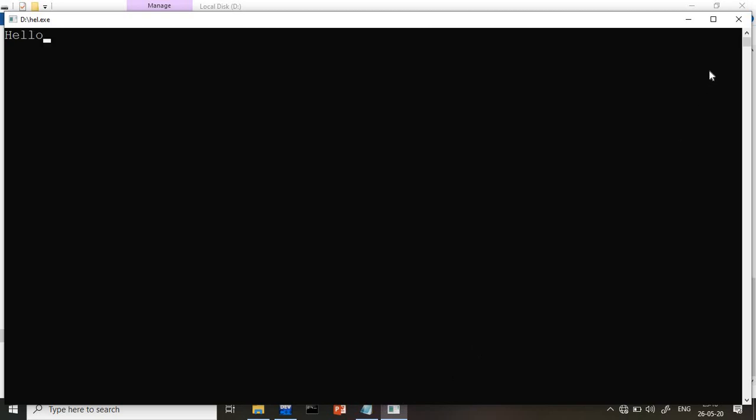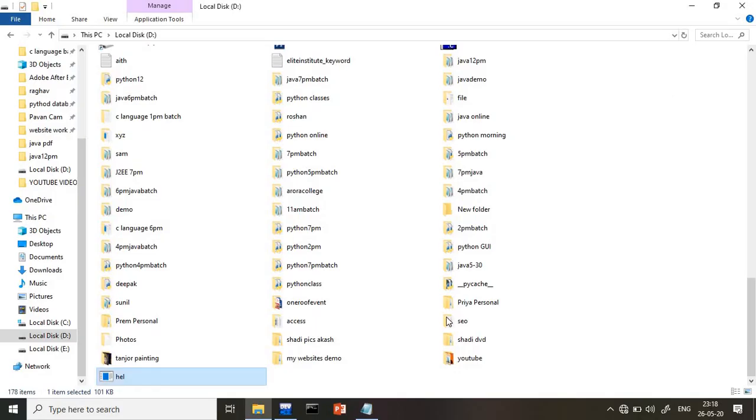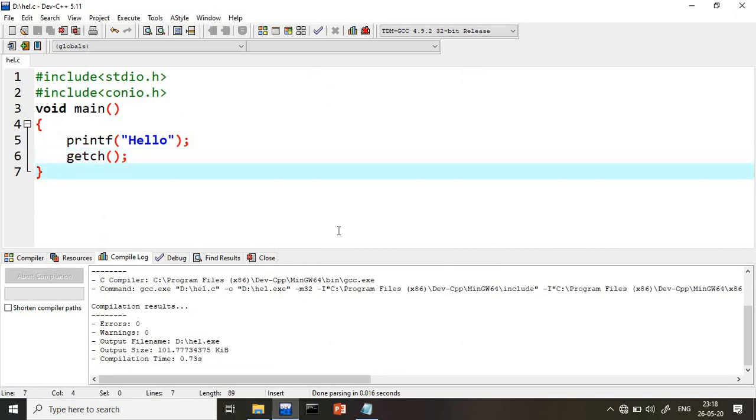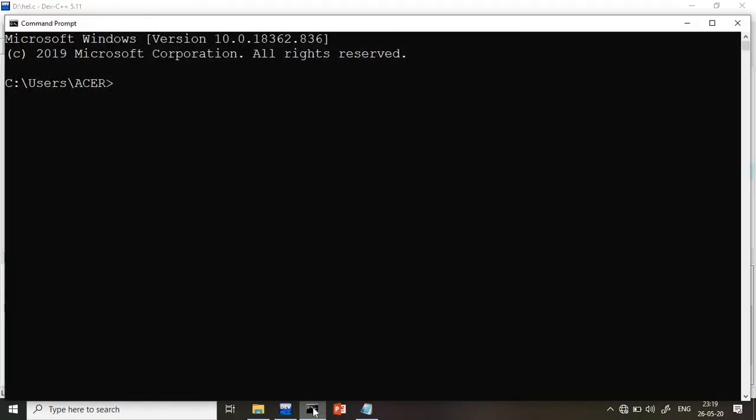So these two ways you people are already familiar with. I wrote a program, I executed it here, and the .exe I just showed is nothing but one software we created, guys. Even if somebody does not have the IDE, he can still execute that file. Now come to the third way, by using the command prompt. Here also I can execute that same program. Everyone is aware of the first type and second type, but not this type.